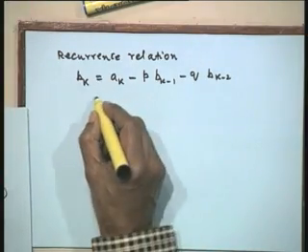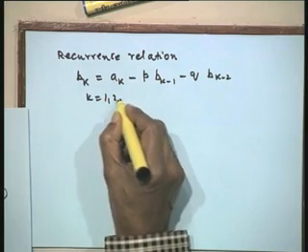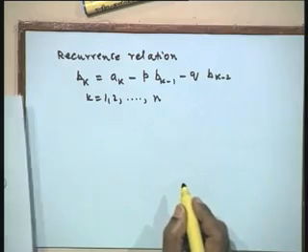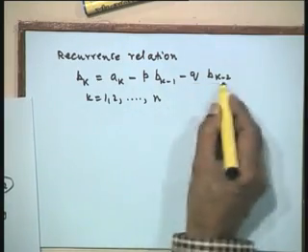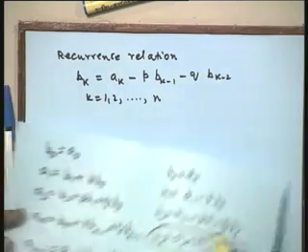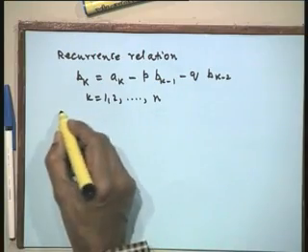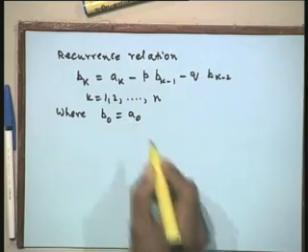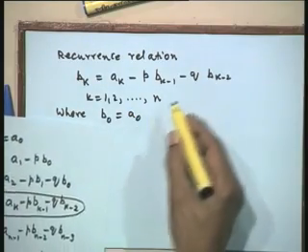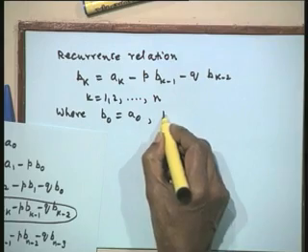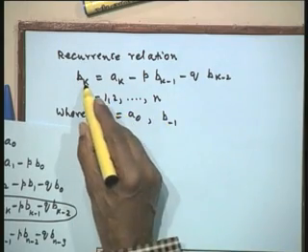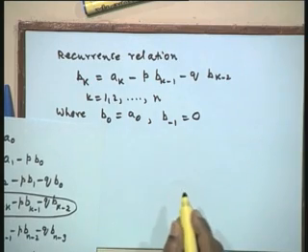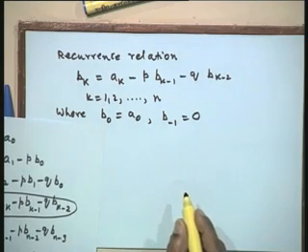Now, we would like to use k from 1, 2, 3, so on to n. So, we will use this. Therefore, we have some quantities which are to be defined here. We know that b 0 is a 0, that is from the coefficient. In order that we can write everything in terms of the recurrence, we will set b minus 1. When we put k is equal to 1 here, I have got b minus 1. So, b minus 1 is 0. That is how we define b 0 is a 0, b minus 1 is equal to this.